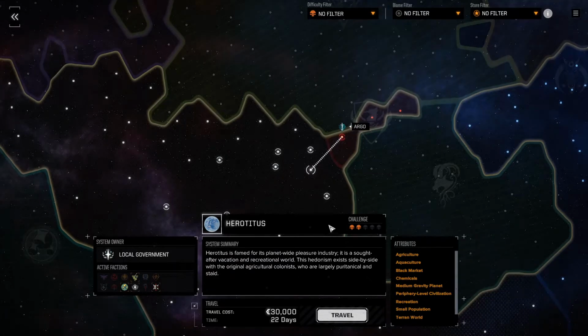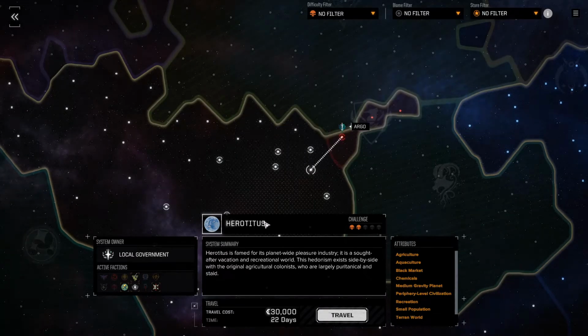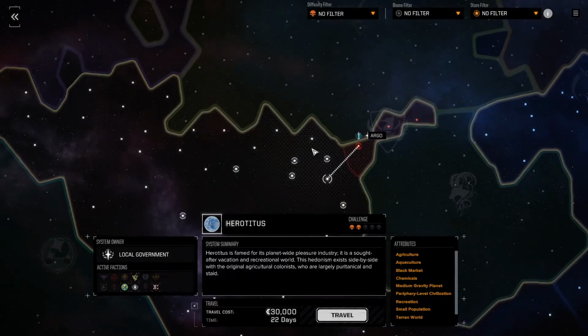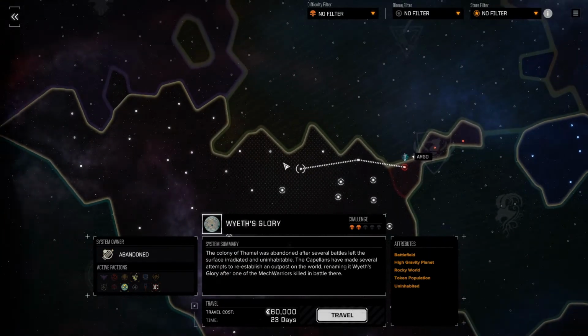So now we're going to go somewhere. You can see up here where the Oregon Reach is making headway. We're going to go back to Herotitus because this place is a 2 skull challenge, has 4 potential factions to work with, but it also has the black market. And I don't know if we're going to be lucky enough yet to get access to it, but I thought we'd fly there and then we could start making our way towards some of these other systems along the north